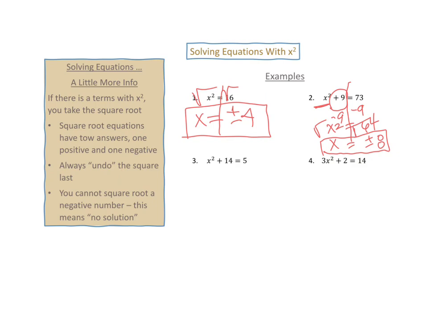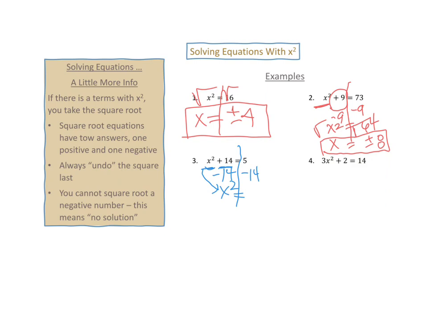Did you stop the video and try it? I hope you did. Let's take a look at the first one. I have x squared plus 14 equals 5 for my number 3. So I know I have to move this 14 right here. Get rid of it because it's on the side with the x squared, or the variable. So I go the opposite of positive 14. It's minus 14. And I bring this down. I get x squared equals,